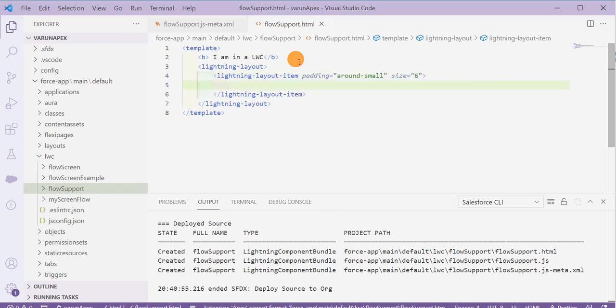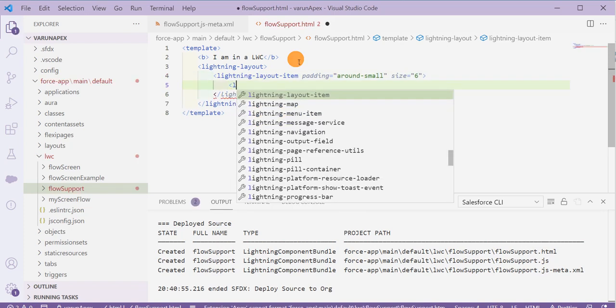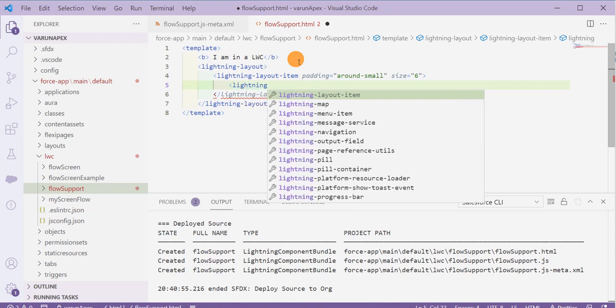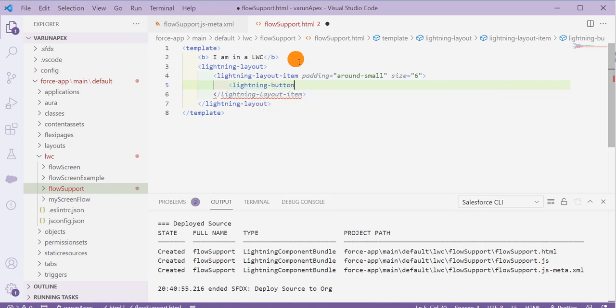Inside this lightning layout item, I'm going to add my button of variant brand. Label is next. Name is also next. And I'm going to say on click, call this function called onNext. That's it.